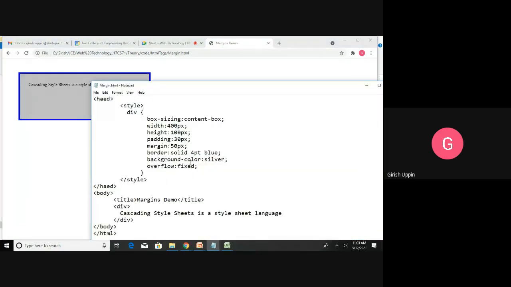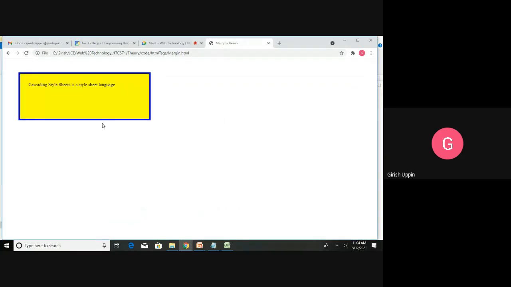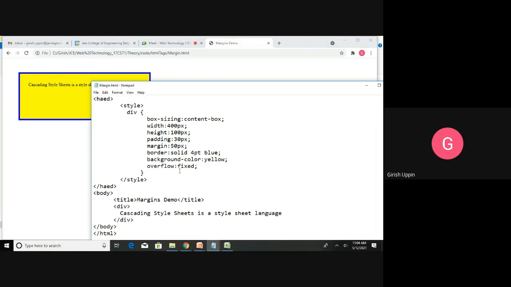Then background color, right now you are seeing the background color as silver. So that is the background color that is shown for the element. If you want to change that, you can change that to, let's say, yellow. See, the color of the background is changed.